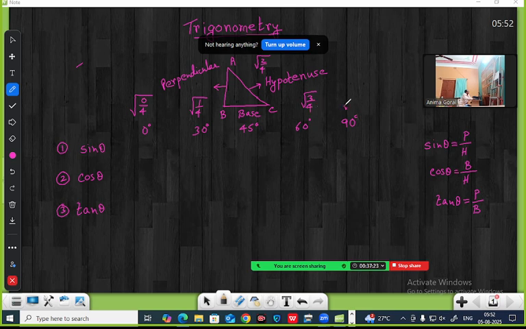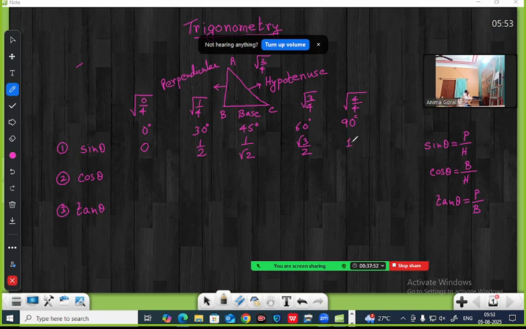And 90 degrees, root over 4 by 4. Now you got the value, that is 0 by 4, that is 0, and sin 30 is 1 by 2, and sin 45 is 1 by root 2, and sin 60 is root 3 by 2, and sin 90